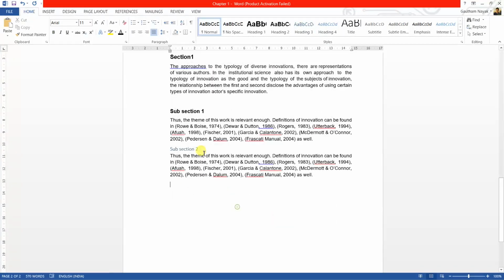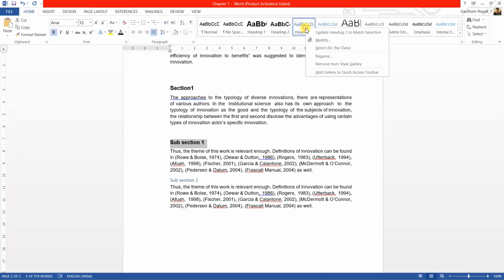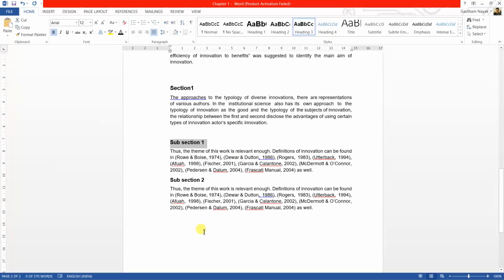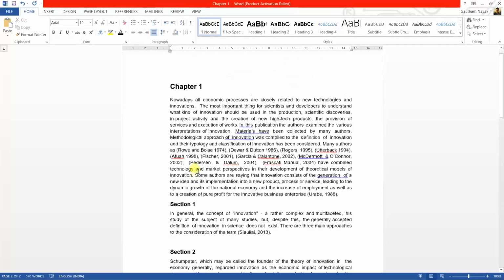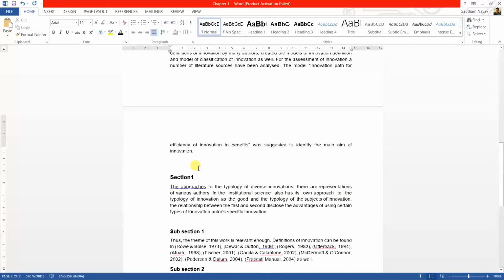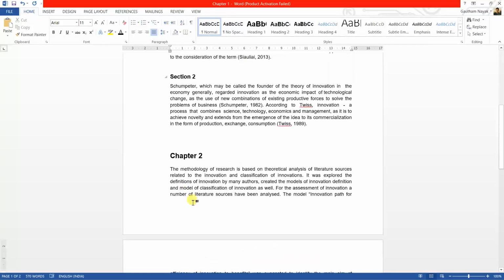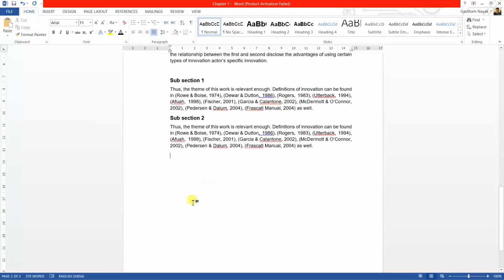Click on OK. So we'll save this as a subsection and update it. Right click, update heading 3 to match selection. So automatically the subsections get updated. This is how we can set the stylings for chapters, sections as well as subsections.